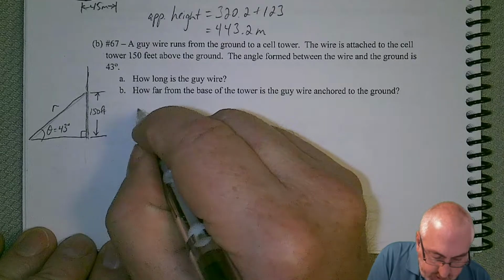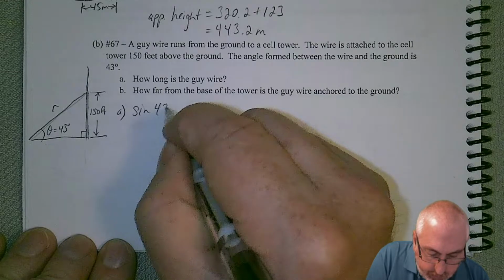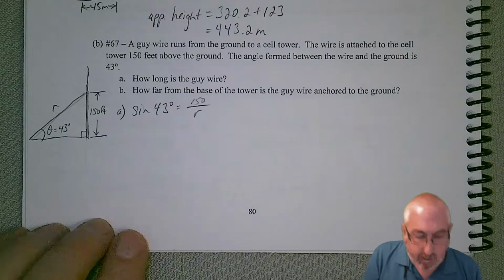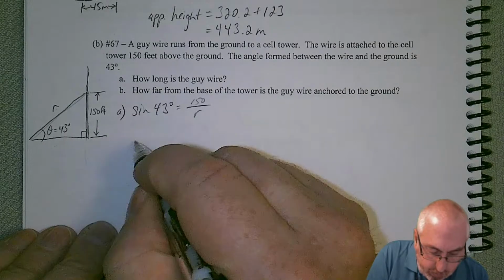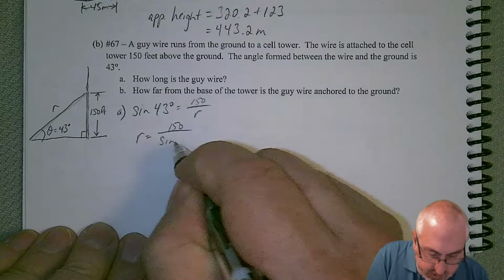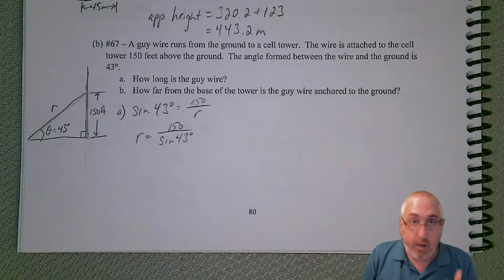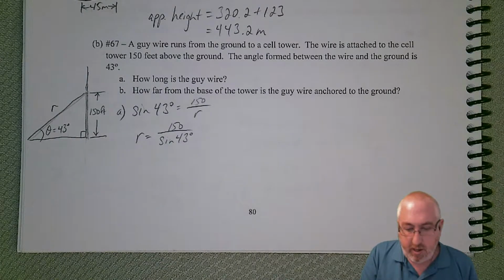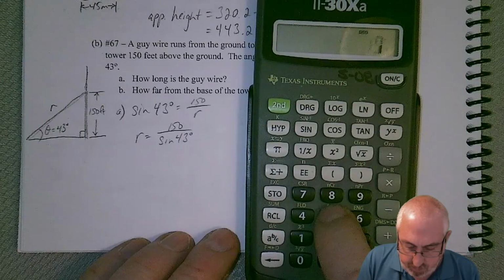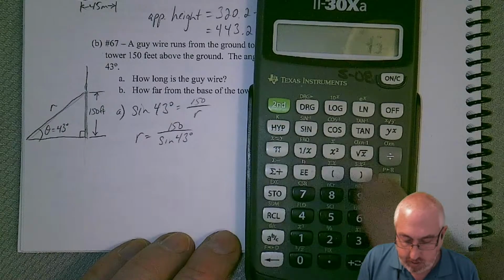So if we said the sine of 43 degrees is equal to 150 over R. Again, R is on the bottom, so we know we're going to divide the two. Eventually you develop little tricks to kind of save some steps. But until you do, like I said, use a proportion, cross multiply, and divide as necessary. So in this case, if we say 150 divided by sine 43 equals